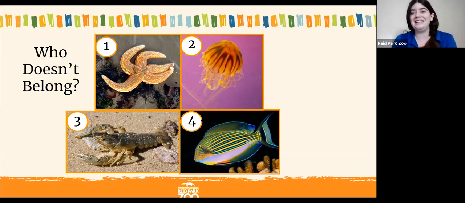All right. Oh, good. I'm getting lots of different answers. Yeah. So some of you think 4, because 4, the bony fish, is a fish and a vertebrate, so that's different than the rest. Yeah, the jellyfish is kind of a squishy invertebrate, while the rest of them have some sort of skeleton. The crayfish is the only one with an external skeleton. The starfish has different numbers of limbs than the rest of them do. Nice job. Oh, I like that. Good job, you guys. So all of them are different in their own ways and have those differences that make them unique from all the other species on there.